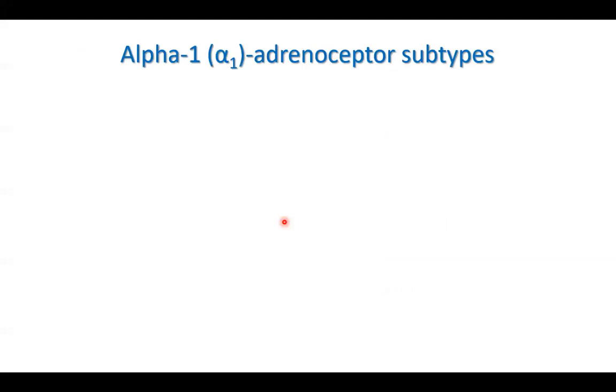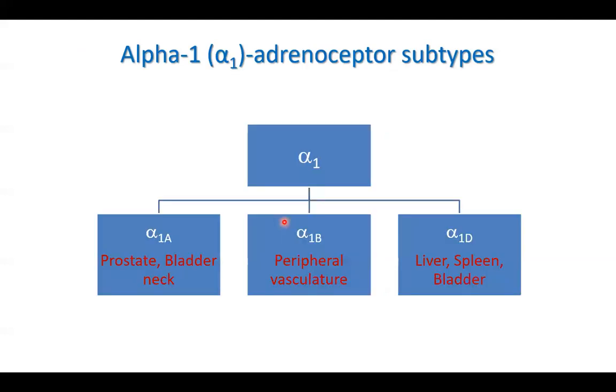So, alpha-1 receptor subtypes. We have alpha-1A, alpha-1B, and alpha-1D. Alpha-1A is present in the prostate and bladder neck. Alpha-1B is present in the peripheral vasculature, and alpha-1D is present in the liver, spleen, and bladder. By the way, the stimulation of alpha-1 receptor,